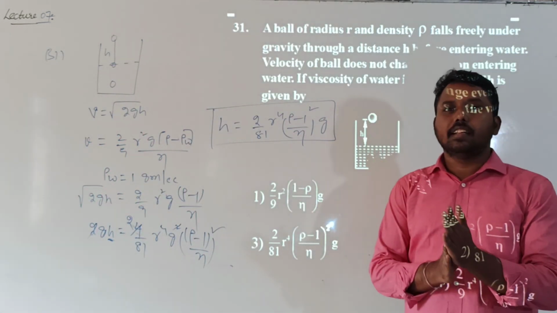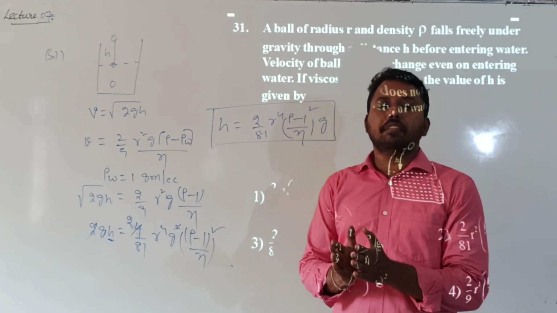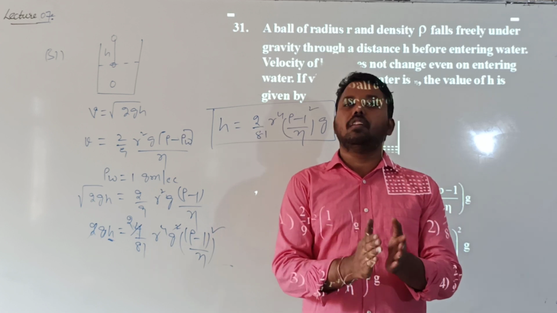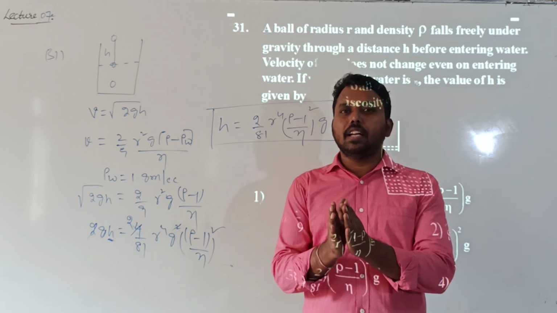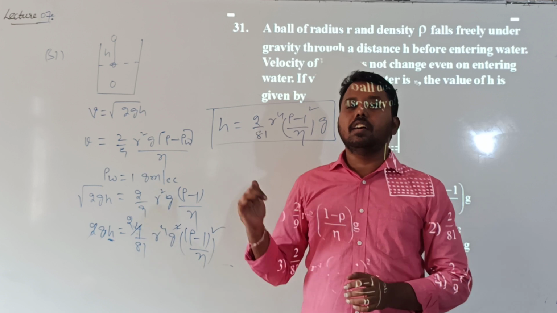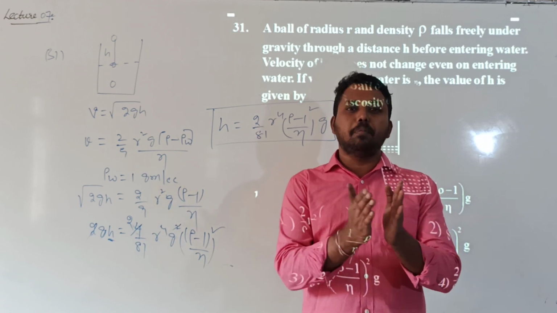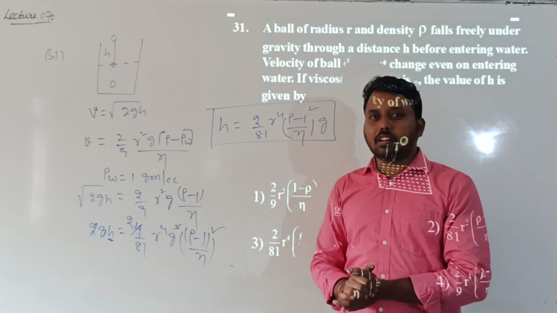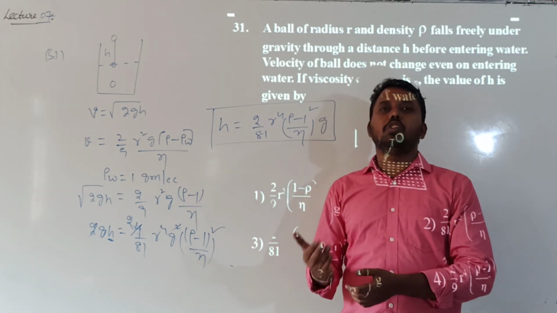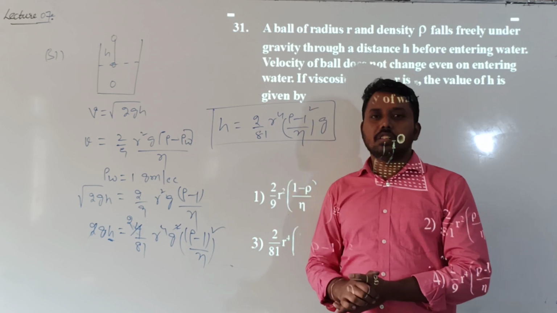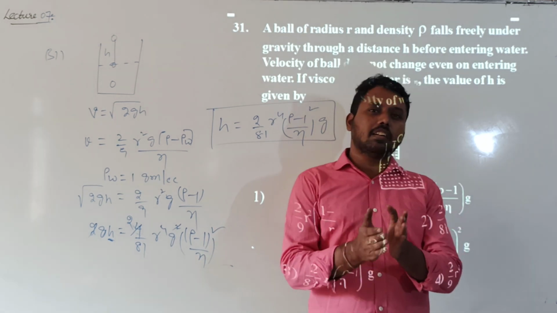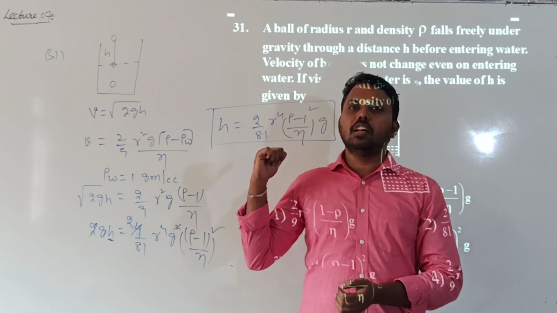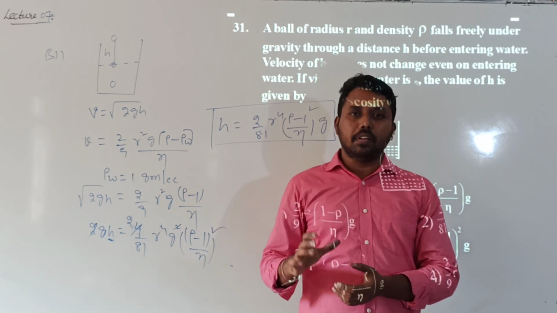Now, that velocity is called terminal velocity. So this is about one part of the mechanical properties of fluids. The complete chapter is not over; I told you we discuss the mechanical properties in two parts. Till now we discussed the concept of terminal velocity and completed the numericals for that concept. In the next class we will start a new concept, surface tension. After discussing surface tension and completing the numericals, the complete chapter of mechanical properties of fluids will be done.